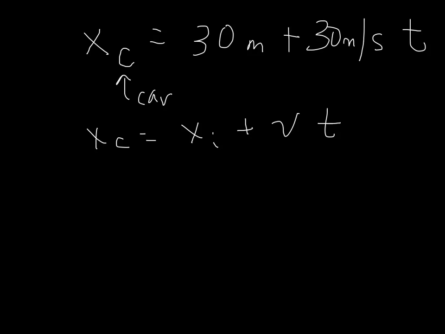And the reason we know this value is equal to 30 is, looking at the problem, what it says is to solve this problem algebraically, we need to write an expression for the position of each vehicle, so that's kind of what we already talked about. And we use the origin as the position of the billboard. So that's kind of a good idea to have an origination point, and time is 0 when the trooper begins moving. So if time equals 0 when the trooper begins moving, the car